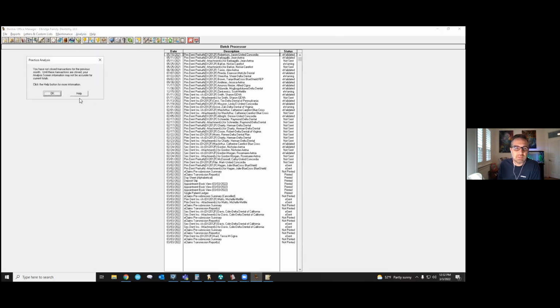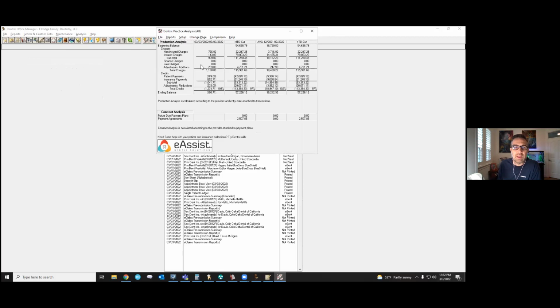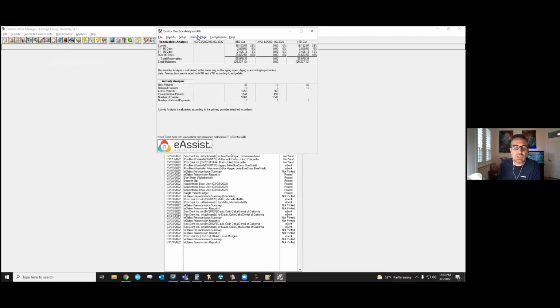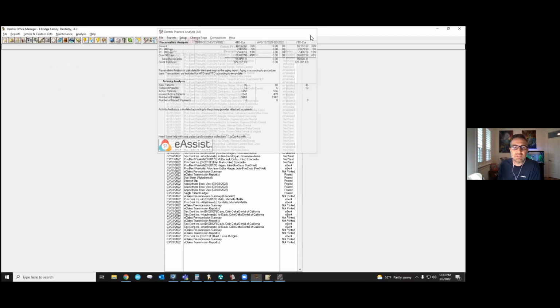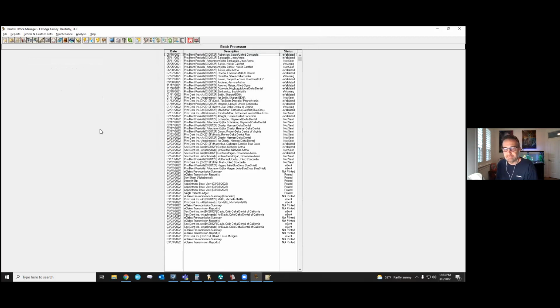It's going to give you a pop-up because it's early in the month. We haven't closed out last month. And then you hit on this practice analysis, you hit change page. And right here, you can see 1,700 active patients. Now that's our denominator, okay? Because any number of Delta patients we have divided by 1,753, this is going to tell us our percentage of